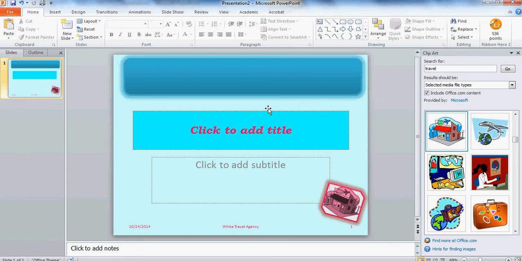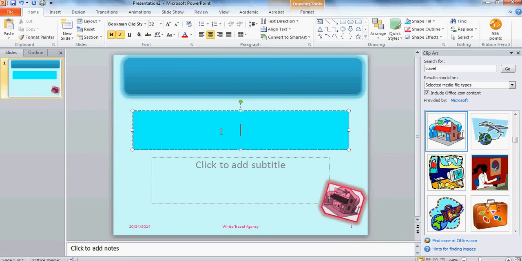Now we're going to go ahead and add the title and content slide that you've been designing. It's a good idea to test the layout and design of the Slide Master. To do this, you'll type text onto your title slide. So change your title to Weekend Getaway